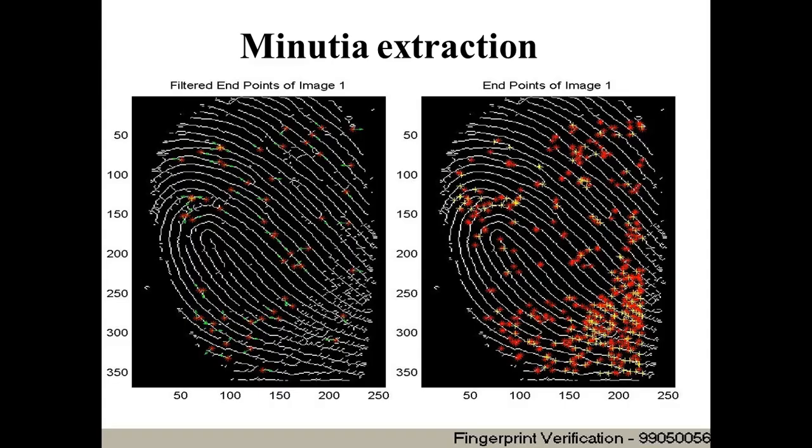So once these are done, we label these pixels using morphological operations, and the final set of minutiae are given as shown. The red dots and the yellow dots